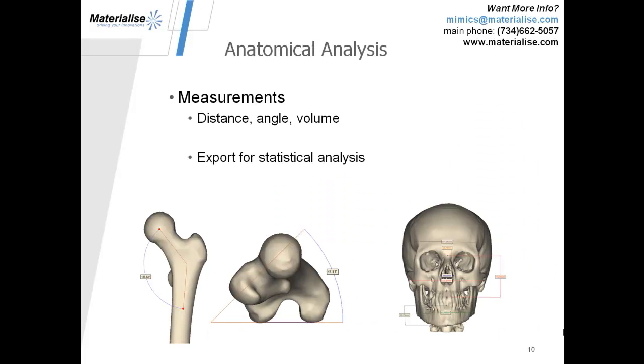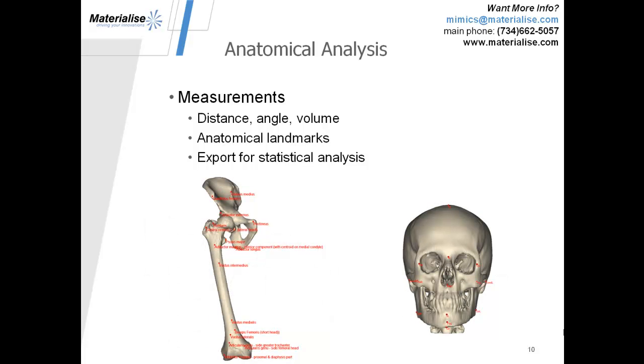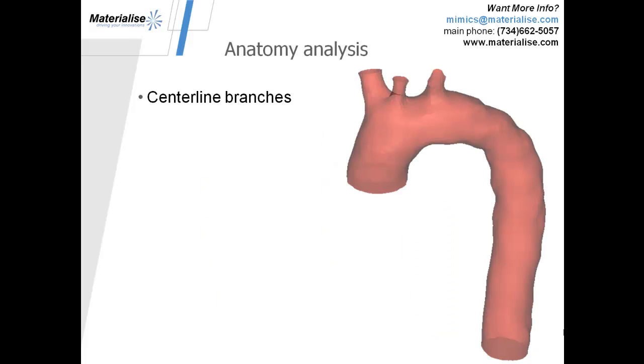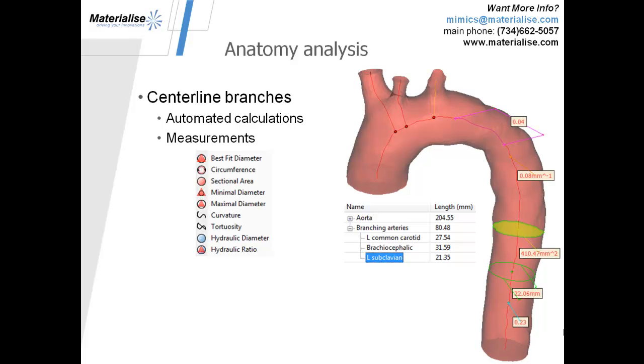After visualizing, you can even take it further into analysis, and this might be something as basic as distance, angle, and volume measurements, or much more advanced to statistical analysis. Like I mentioned before, you can export to MATLAB. Or if you're working with vascular systems, you can actually calculate very quickly in Mimics a centerline branch off of that vascular system. And right away, Mimics will give you information such as best fit diameter, radius of curvature, tortuosity,